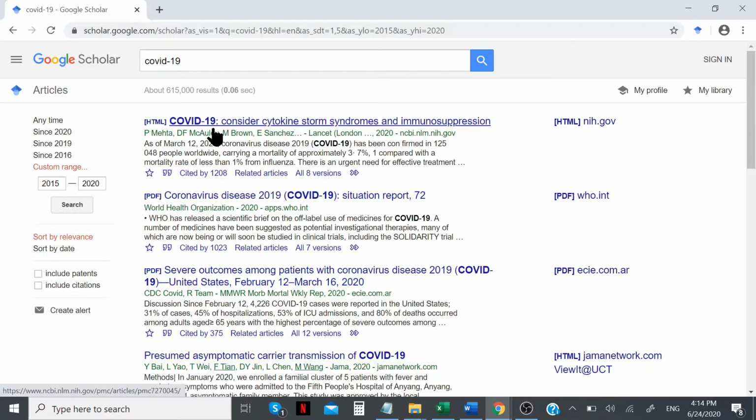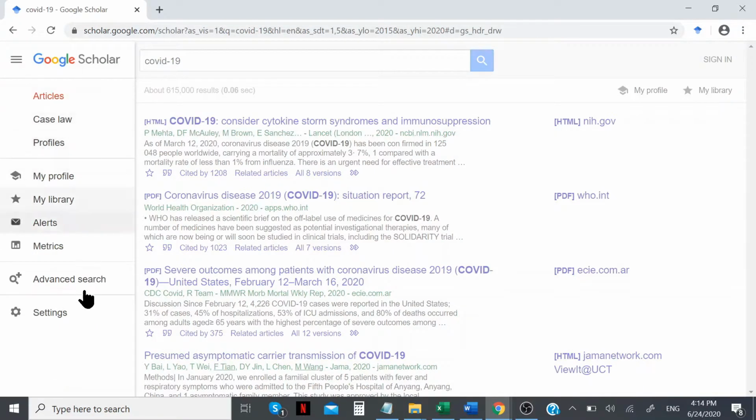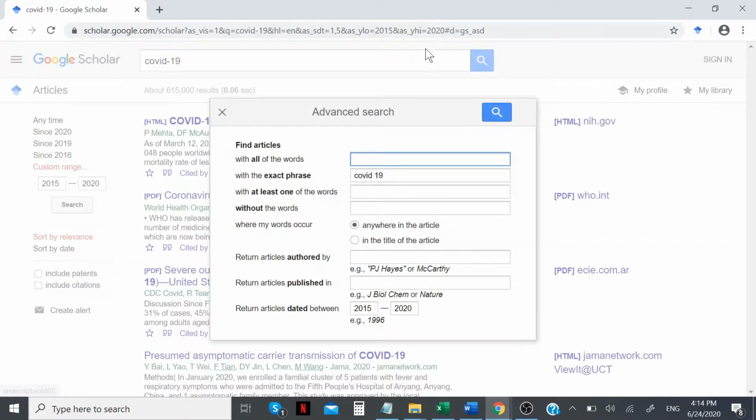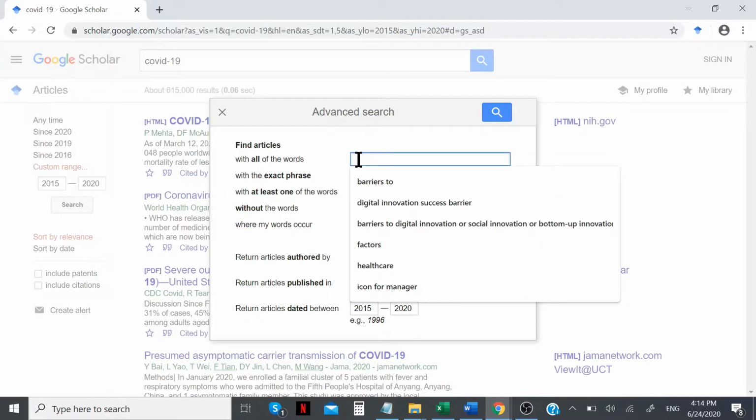Also, if you want to do an advanced search, which is better if you're an advanced researcher, you click on this menu bar here, and there's this option for advanced search, which allows you to perform a more targeted search or to design a search string or a search query. You just fill in these fields. For example, the first one says find articles with all of the words. If you want to find all articles with